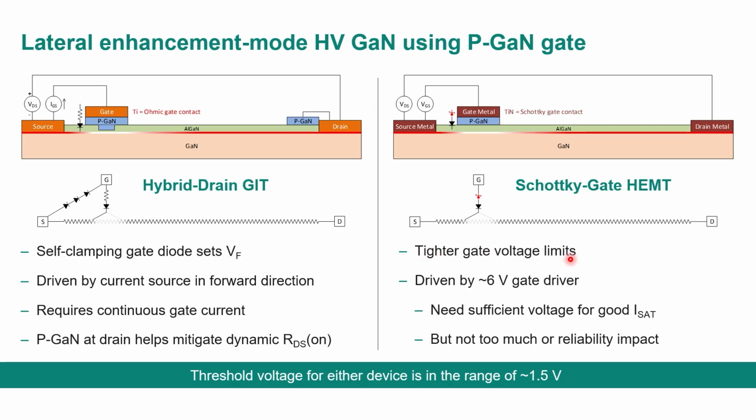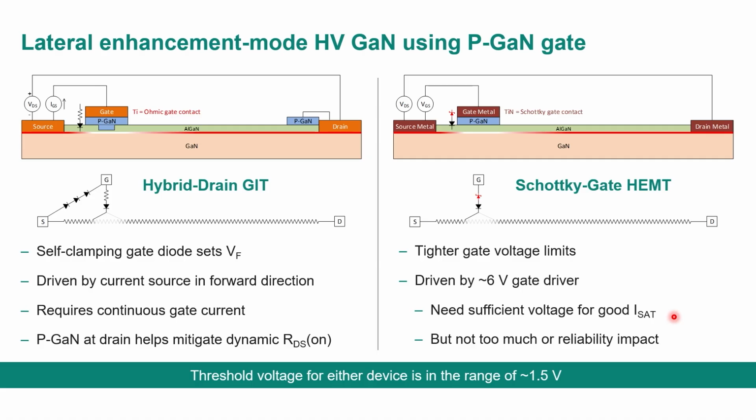It does have some tighter voltage limits. You have to pay attention to drive it at about 6 volts. Don't want to go much over 7. But you need enough drive. You can't, like with a regular silicon transistor, which is on at 8, 9, 10 volts, go all the way up to 20 typically. With GaN, and with any wide bandgap, really, it's limited. You want to be precisely at the right gate voltage, plus or minus 1. Otherwise, if you're too low, it's not on fully, or if you're too high, it begins to impact device reliability. Now compare that to the so-called GIT, gate injection transistor.